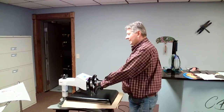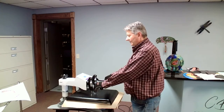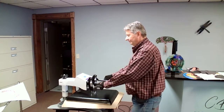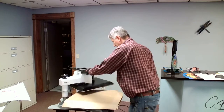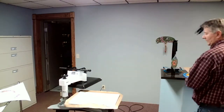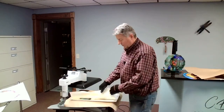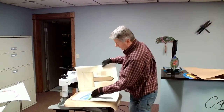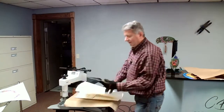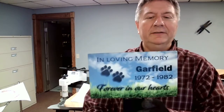Got about 8 seconds left on this. Get this pulled off from here. Again, two-sided item. You want to try to get it off the paper as quick as you can. You want to not have ghosting, so you kind of want to flip this over. And in loving memory of Garfield. I didn't know when Garfield had passed, but Don must have somehow figured that out, that Garfield was